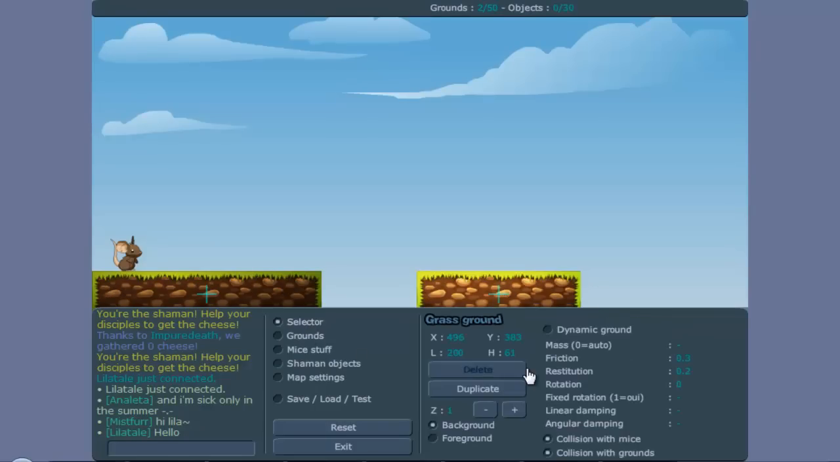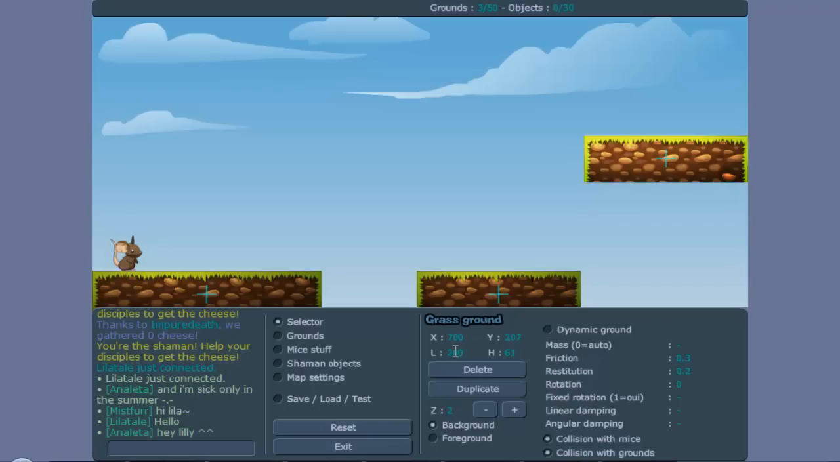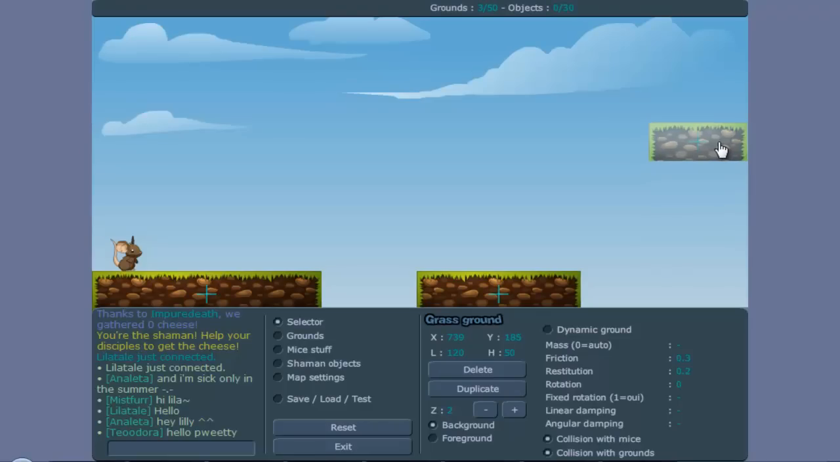And because I want all the grounds to look a bit the same, I'm going to use duplicate again, and I'm going to make this 120. Maybe that looks good, and maybe make it thinner, because I don't like how thick this is. So maybe 40 looks a little bit better, or 50, I don't know. Yeah, I think 50 looks fine. Let's place this here